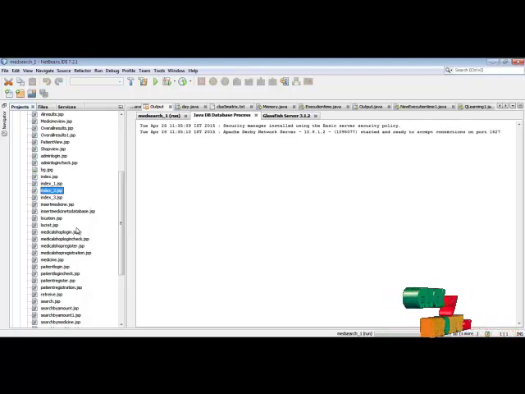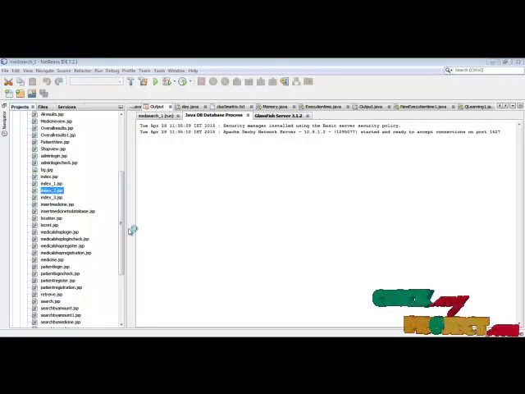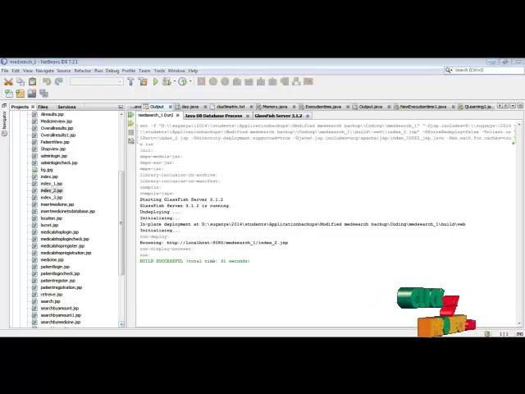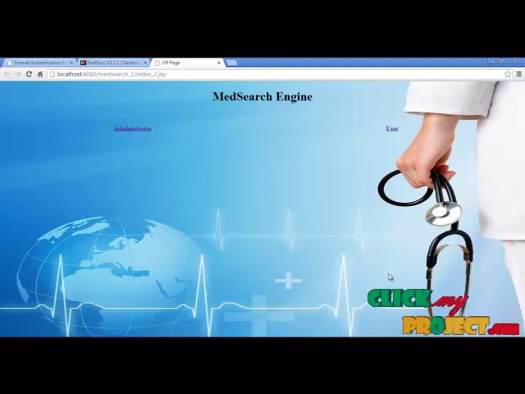The result of the JSP, that is the application process, is shown in the browser. This is the home page of our process.